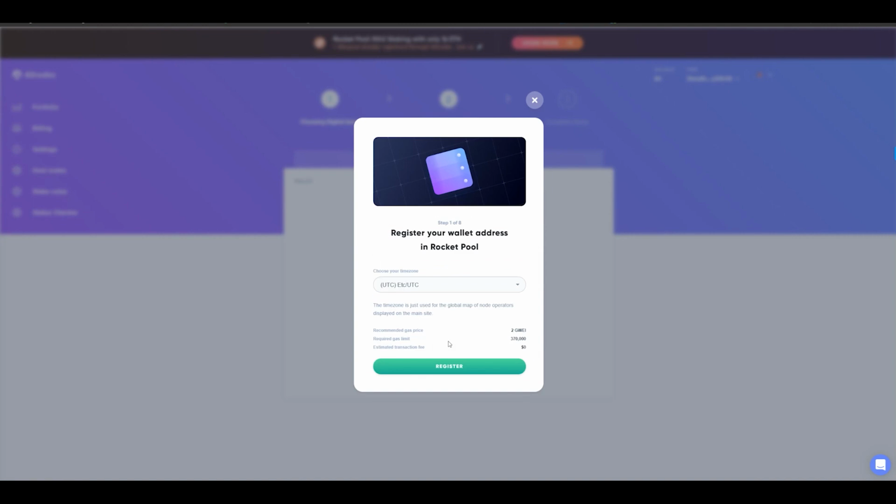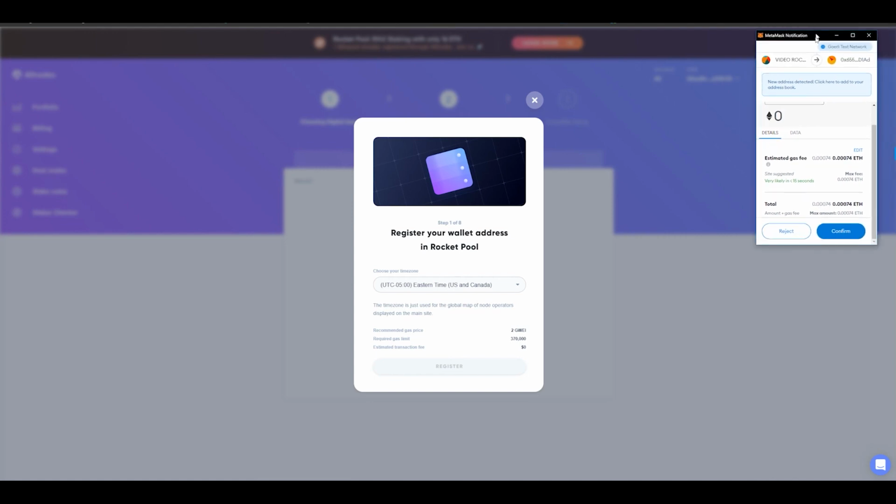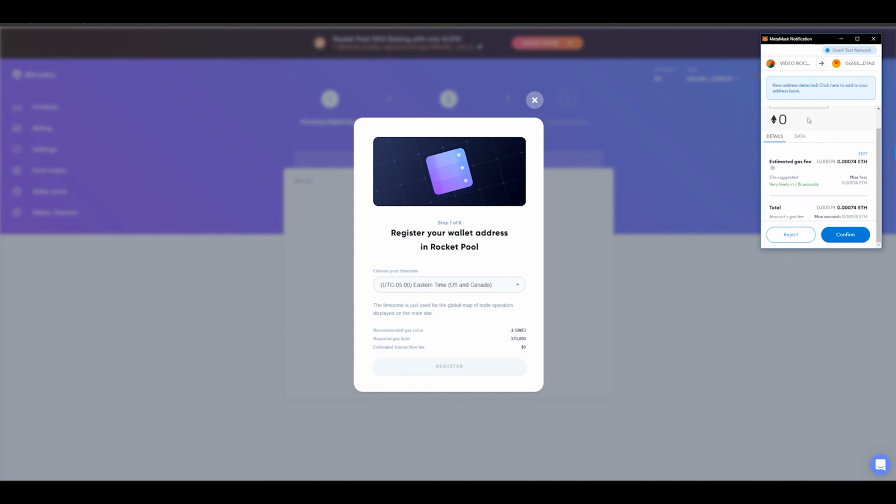Click to proceed. Now in this screen, please select your time zone. I'm currently in California, so let me choose Pacific Time, US, Canada. Once we click register, the MetaMask wallet automatically kicks in. It shows that you need to spend some money for the transaction. In real life, that's going to happen as well. So guys, this is why you cannot do it with just 16 Ether. You need slightly more, and actually substantially more sometimes, for the setup transaction, so be aware of that.